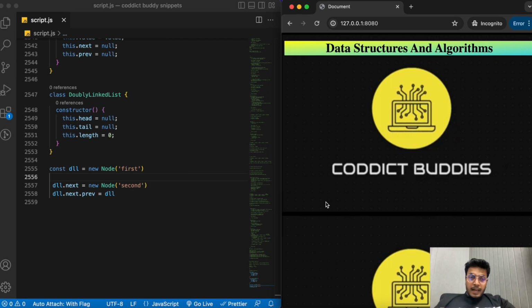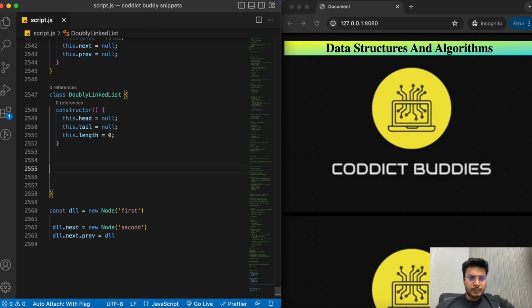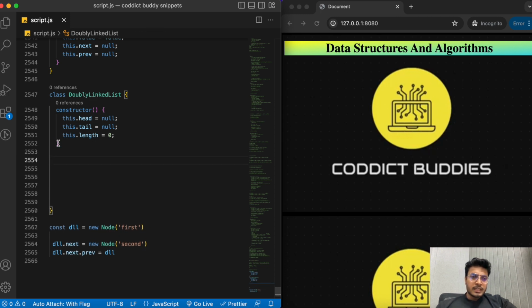Hello guys, welcome back. So in this lecture, let's quickly implement the push method for the doubly linked list. It's going to be straightforward. Let me quickly explain what we are going to do. If there is no length in the linked list, let's say our linked list data structure is empty, and then we push something, it should be the first node. It should be the head and tail both, right? Head and tail. So if it is a first node,